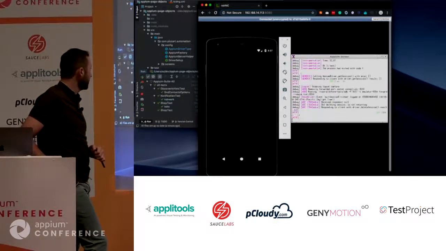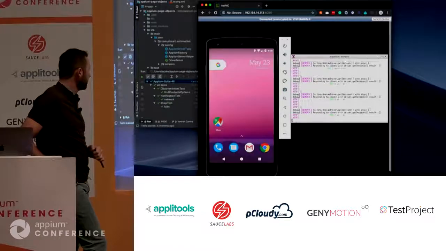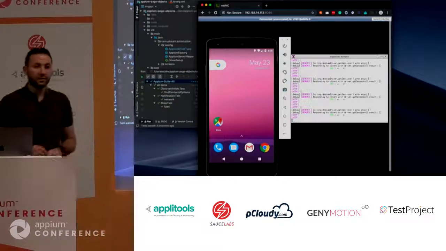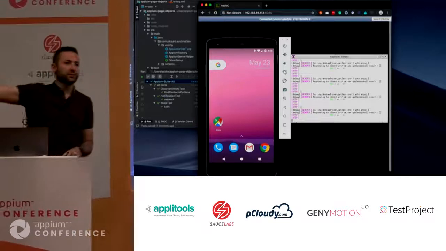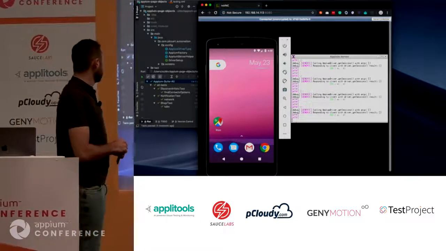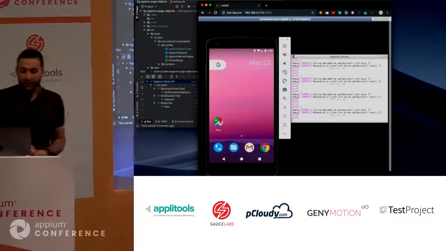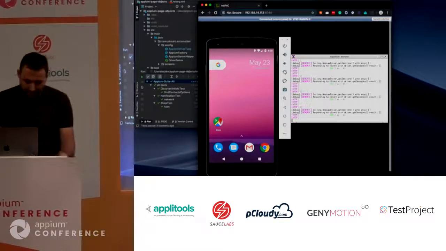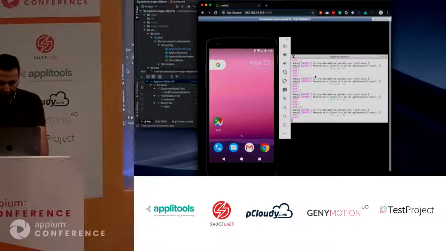Yeah, so all the tests passed inside the Docker, through the Android Docker. So this is the main part. I would like to show you also